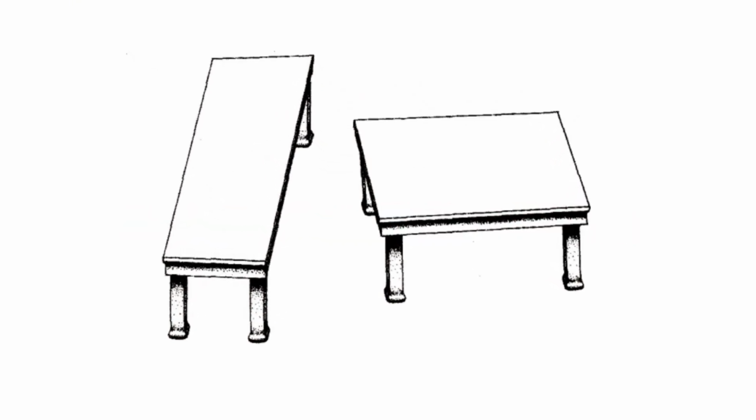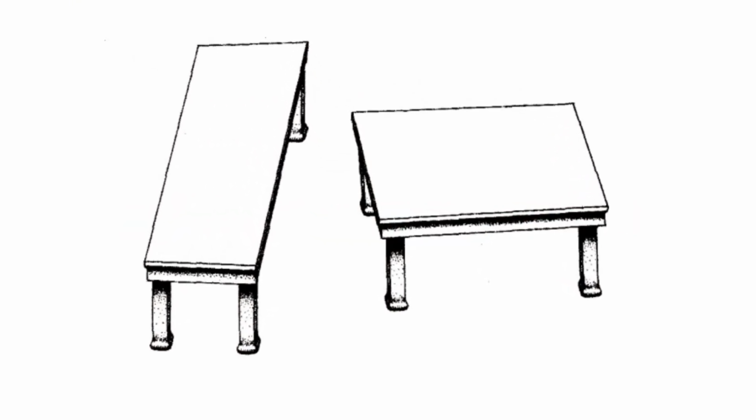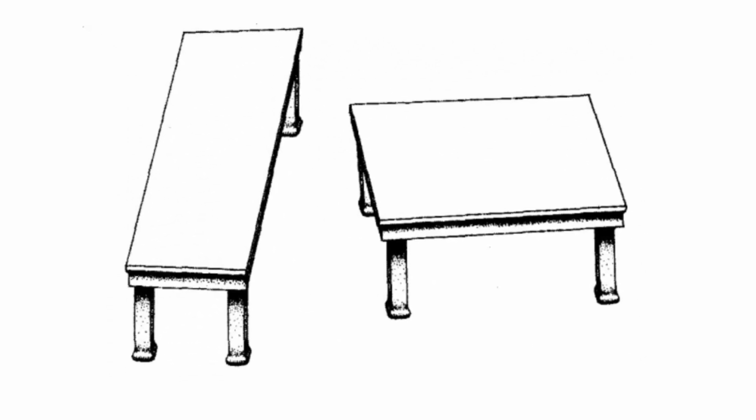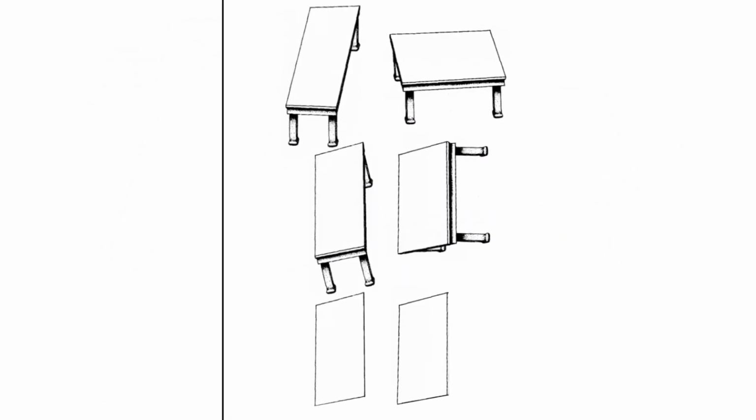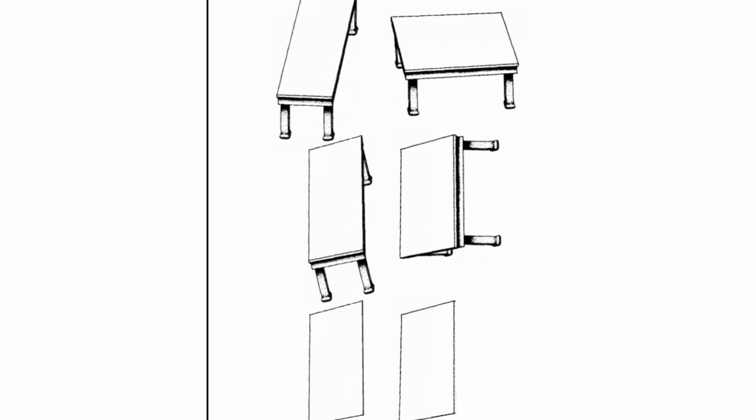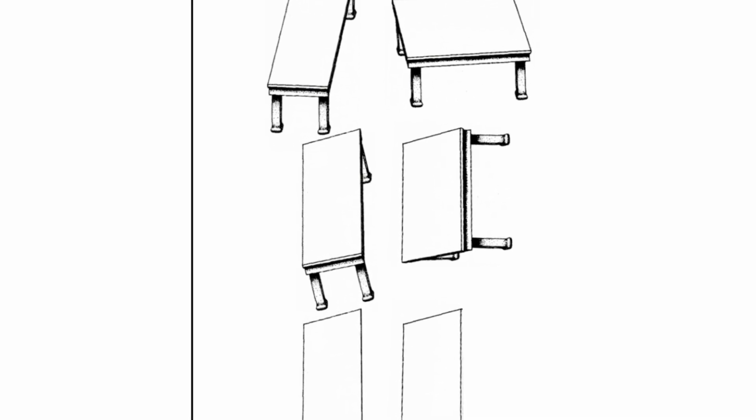The Shepard's Tables illusion. Why identical tables look different. Take a look at these two tables. One seems long and narrow, while the other appears short and wide. But here's the surprising part. They're exactly the same size and shape. This is the Shepard's Tables illusion, a fantastic example of how perspective shapes our perception.